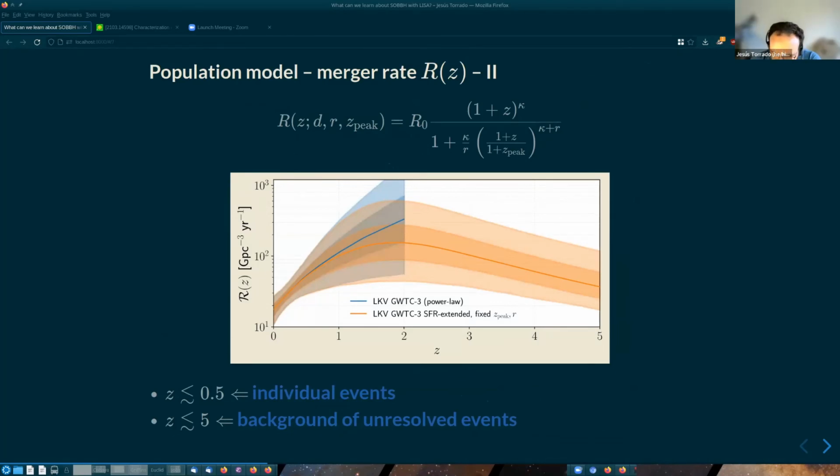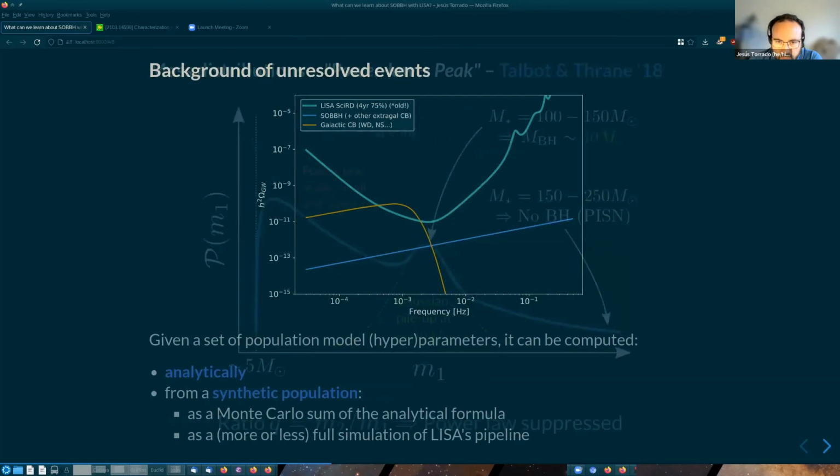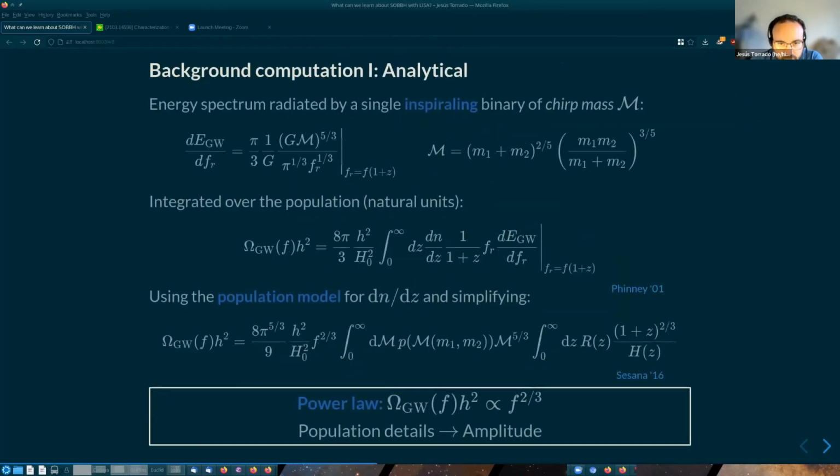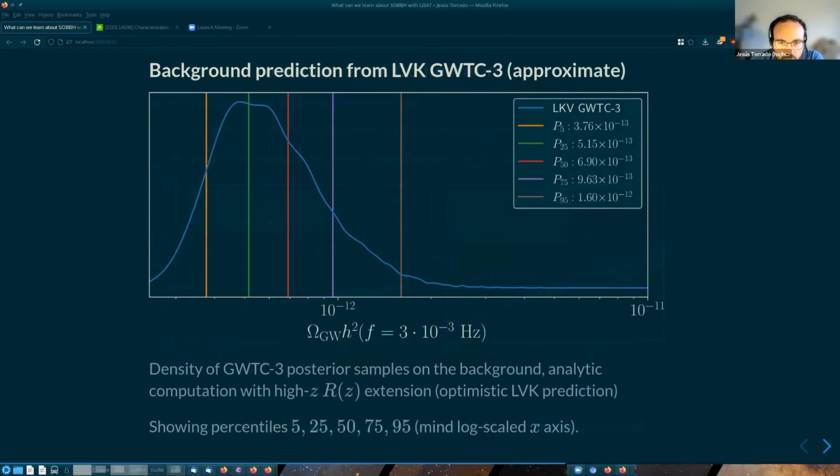Well, the frequency slope does not depend on the particular shape of the merger rate or the binary rate in this case. But what does depend on this assumption of extension towards high redshift is the shape of the blue line here. And the shape of the blue line, so the width of this distribution, will basically tell us